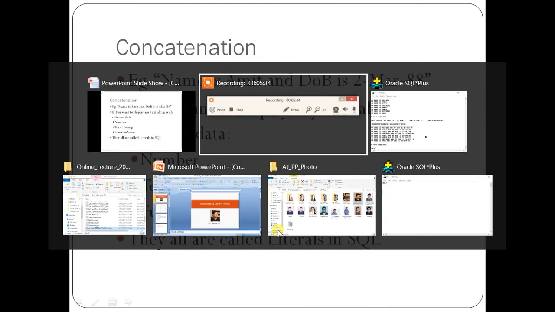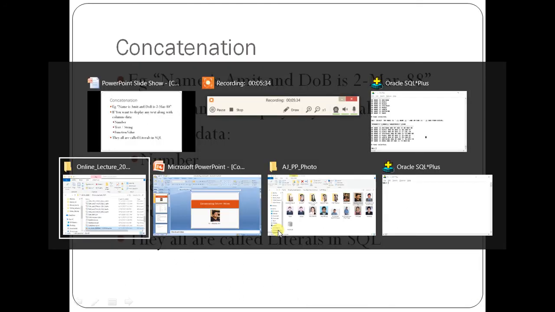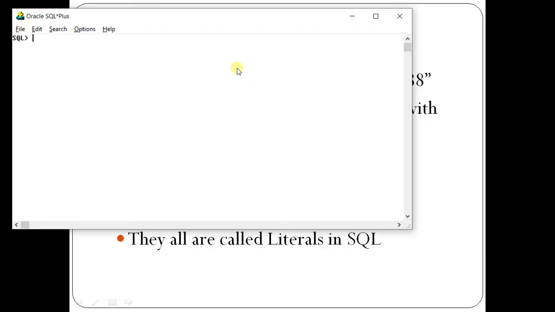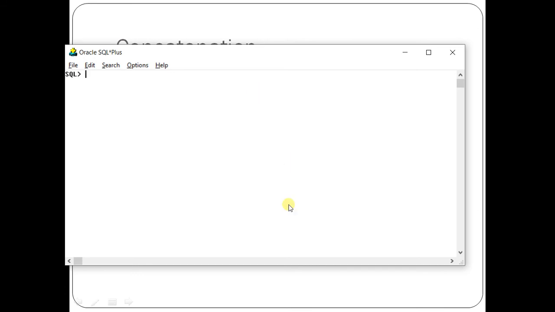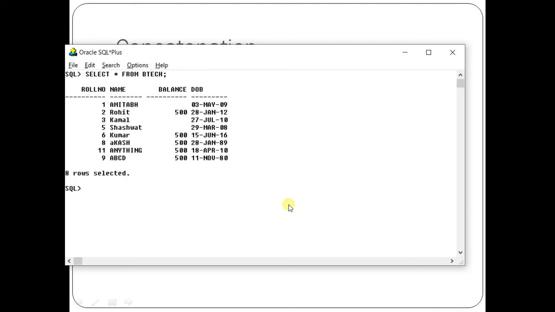Let us go back to the table. Select star from BTech. Now, what you can use along with select is, suppose, what will happen if I type select 1 from BTech?